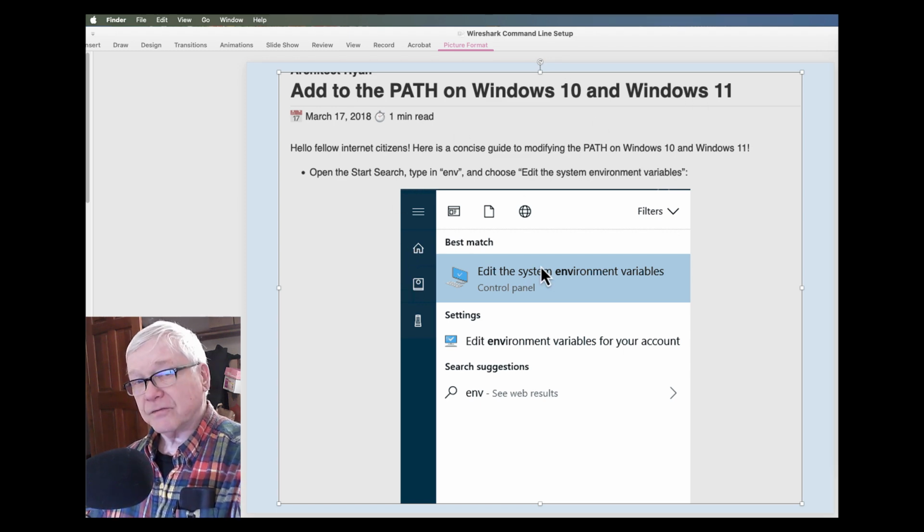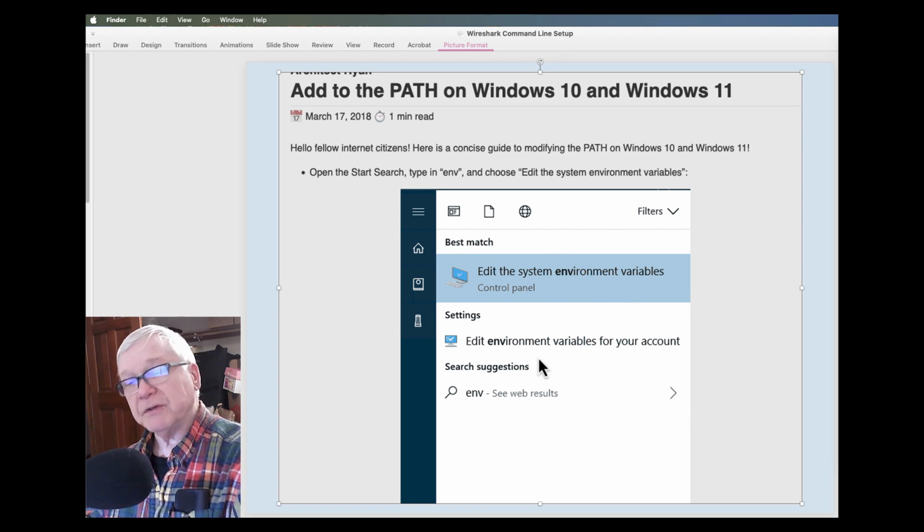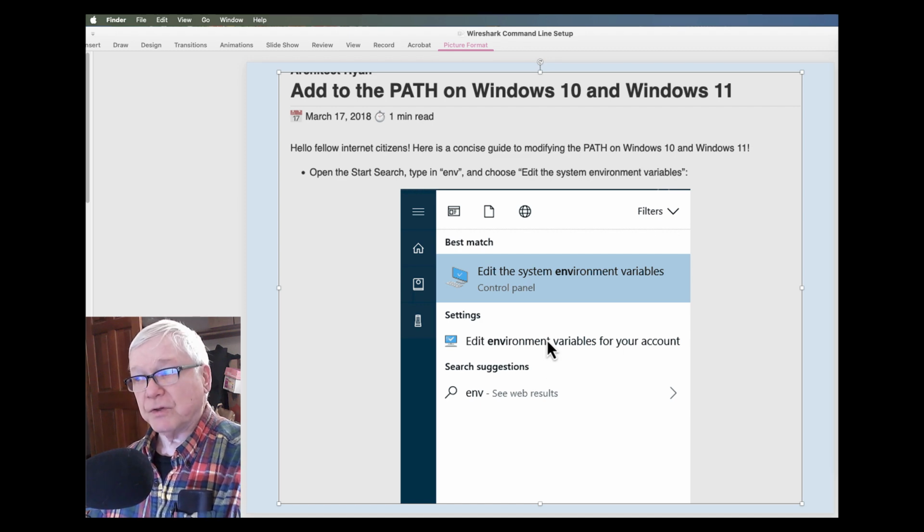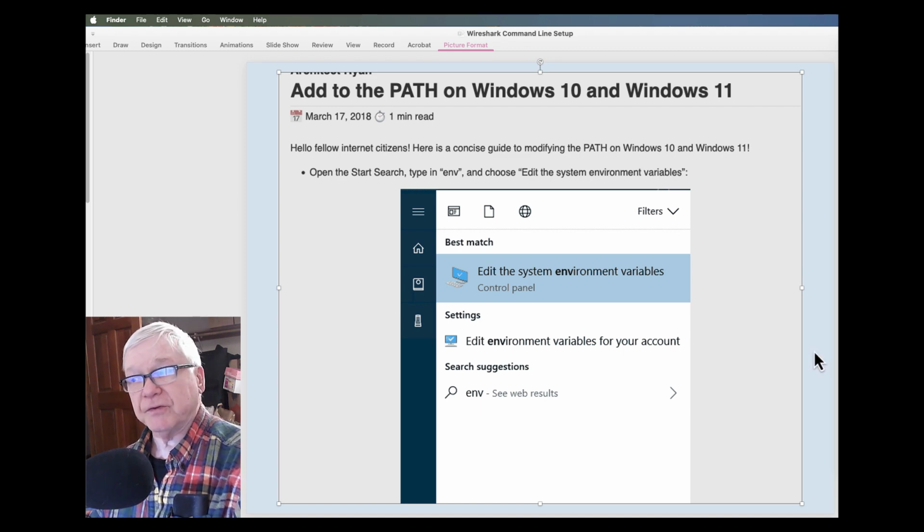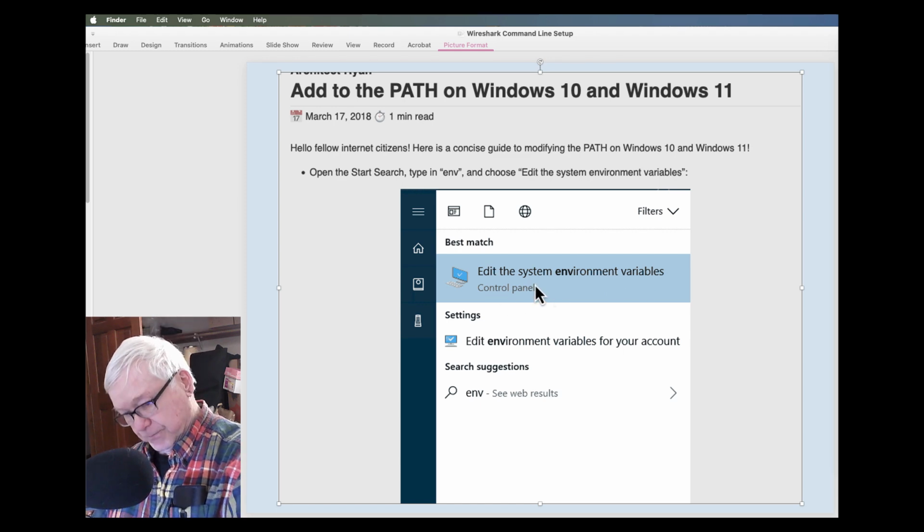One thing that is the case is that editing the system environment variables is going to look a little bit different on different versions of Windows, but the process is basically the same. Instead of doing it simply through the command line, the typical instructions have you go and edit the system variables through the control panel.